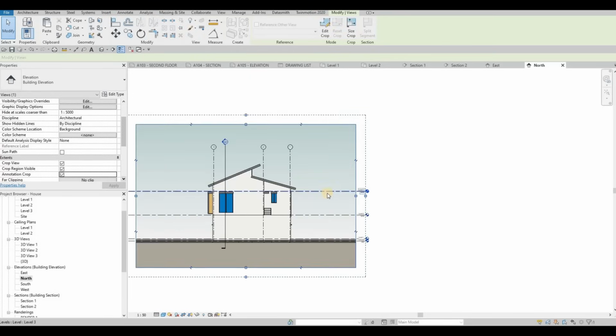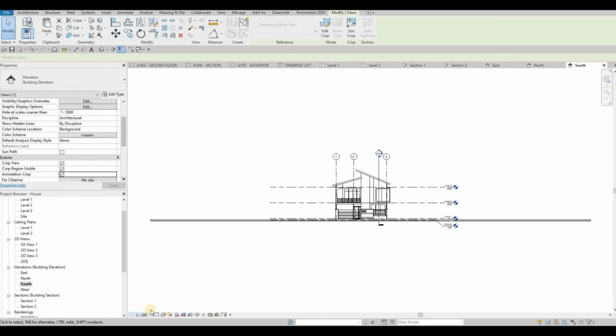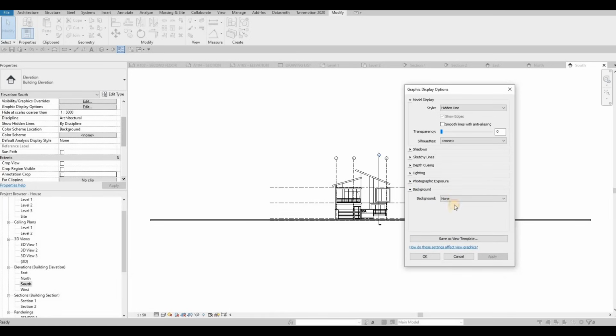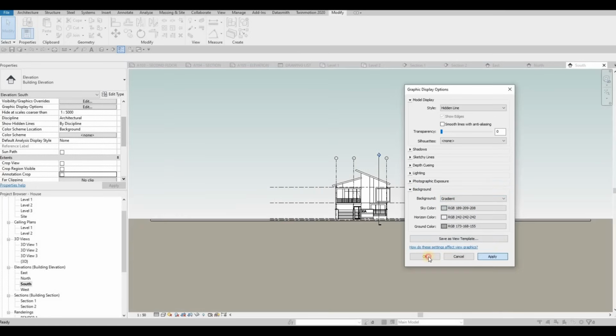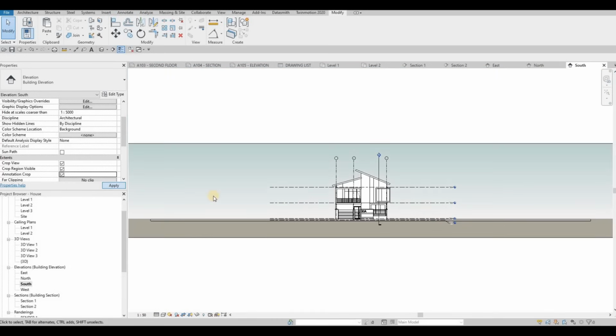And don't worry to crop this because it's gonna follow along, so you're not actually removing all the information. So go to south, 1:50. Detail is fine. Graphic display, background is gradient. Click apply. Okay. Turn all of this or check all of them,